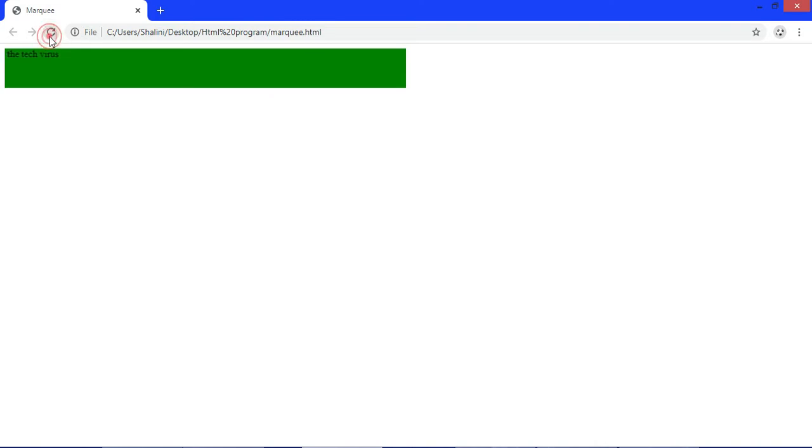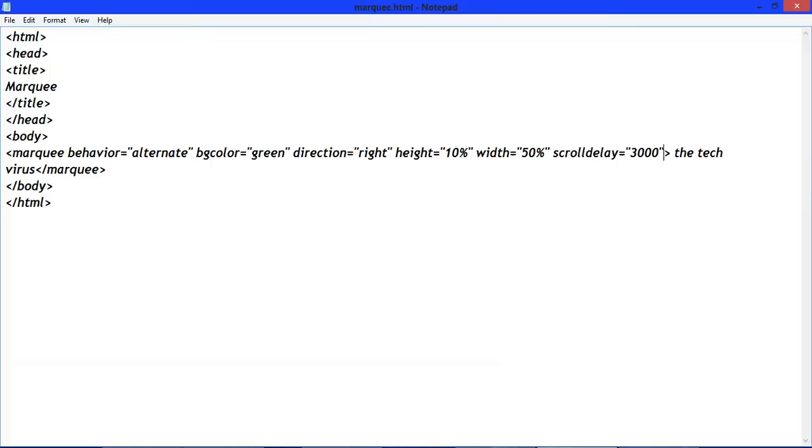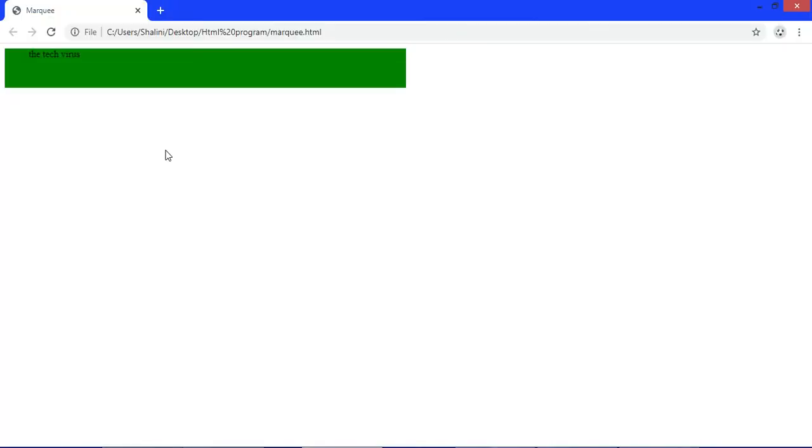See, now the speed of The Tech Virus in the marquee is decreased. To do it faster, right here 1000. Save it, run it. See, now it has become faster.